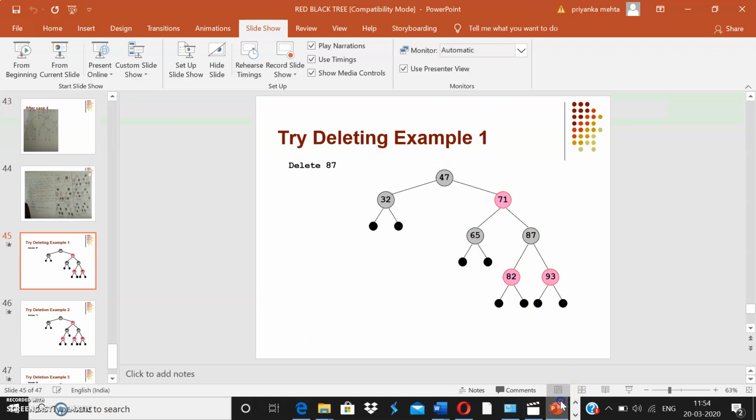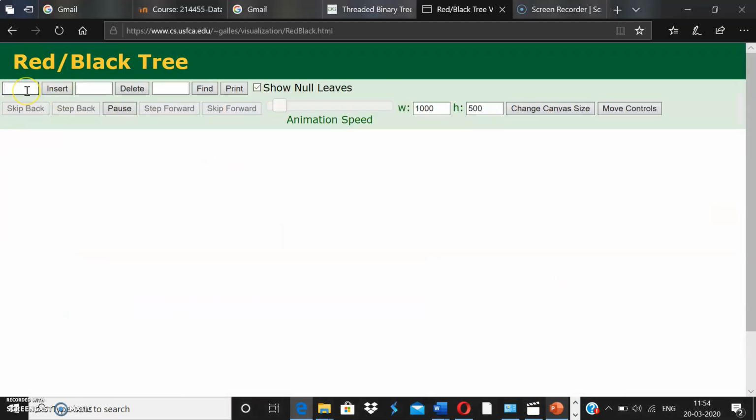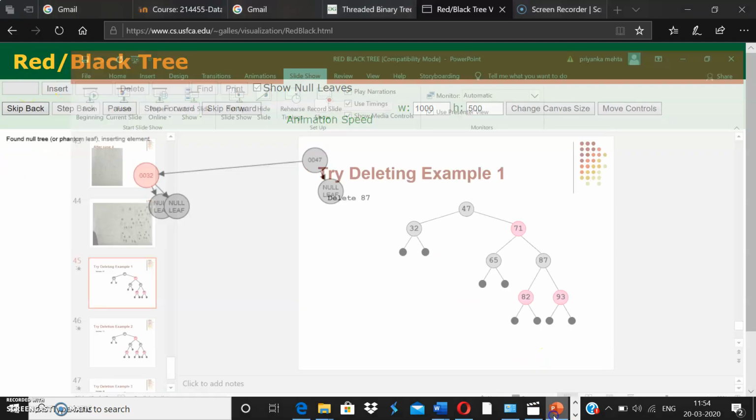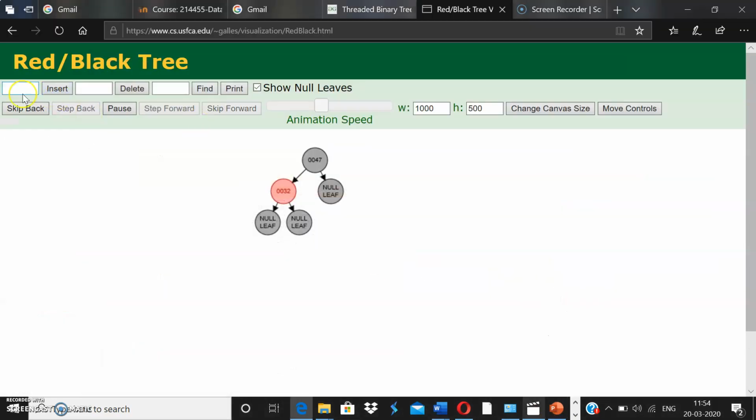47, 32, 71. First I'm creating the tree. 47, 32, 71. This is the case. I'm just doing insertion.